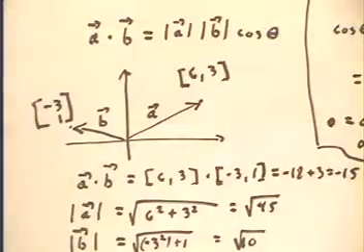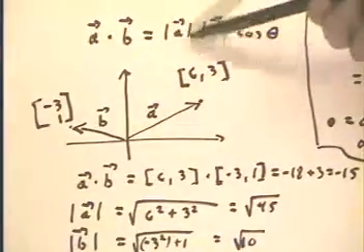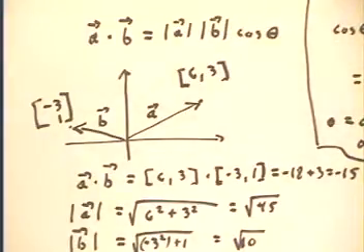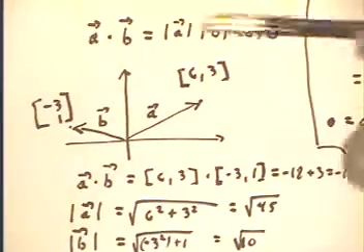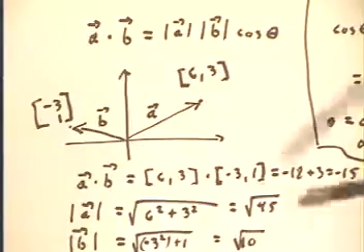Here we define the dot product of two vectors. A dot B is a product of the magnitude of A, the magnitude of B, and the cosine of the angle between A and B. And we're going to define, well, this is a definition of the dot product, and we're not going to prove this, but it turns out that the dot product